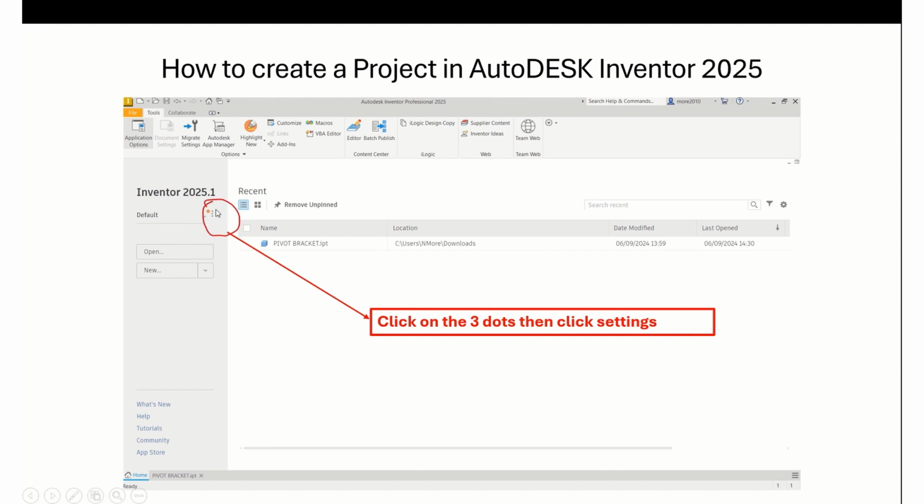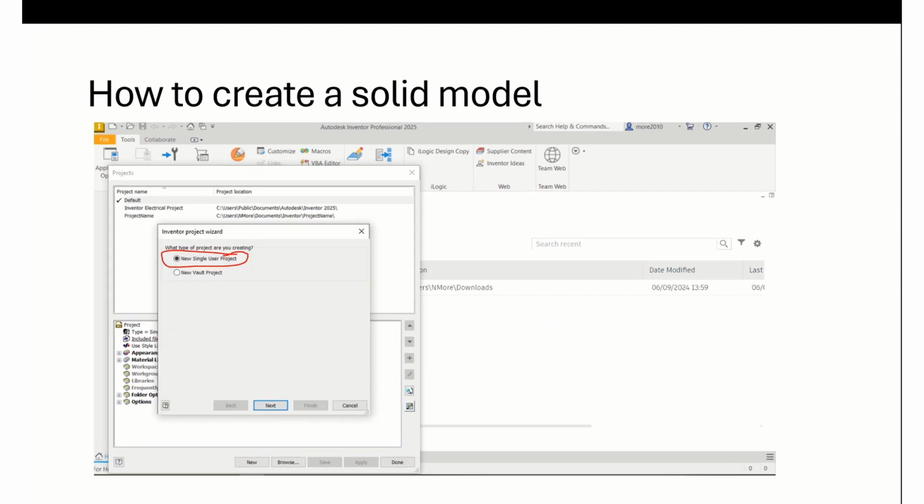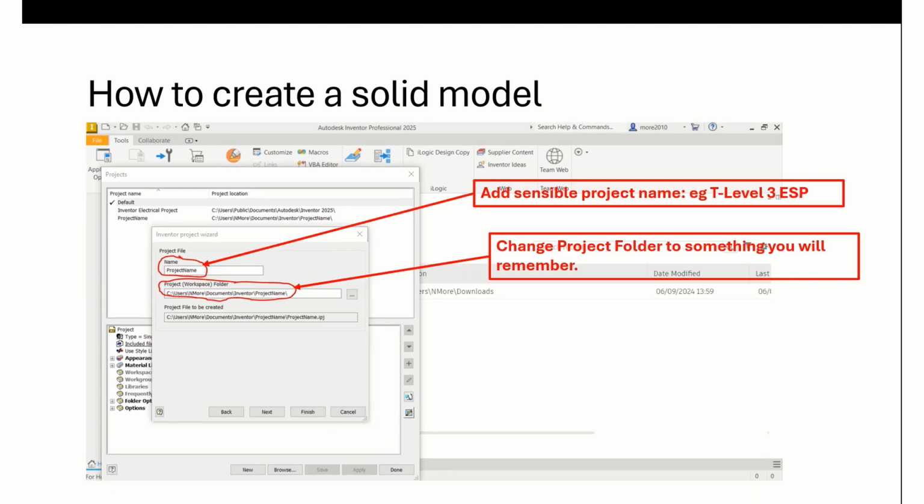If you click on those three dots, it takes you to settings, and then you're going to see a page like this one on which you click on the new at the bottom, and it will go to new single user project, and then you press next on the previous screen, and then add a file name, and then locate your folder